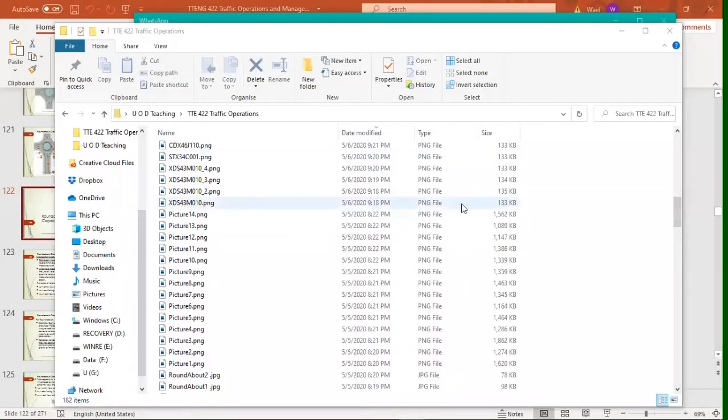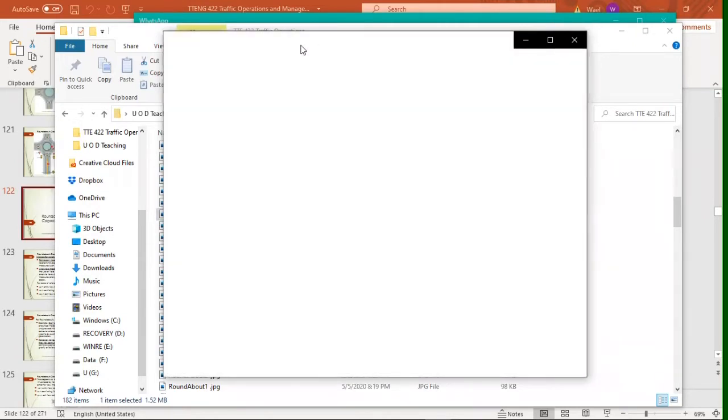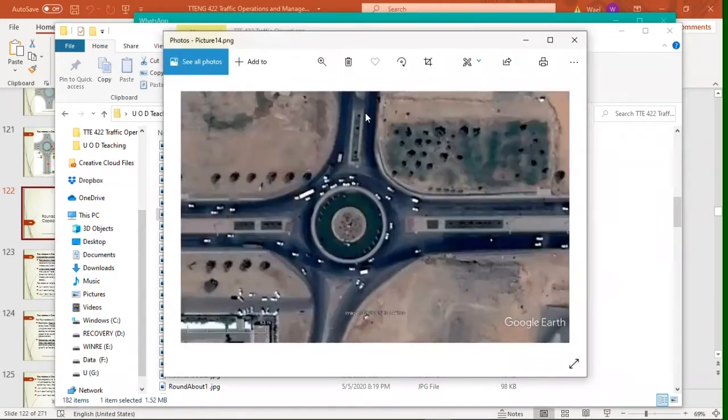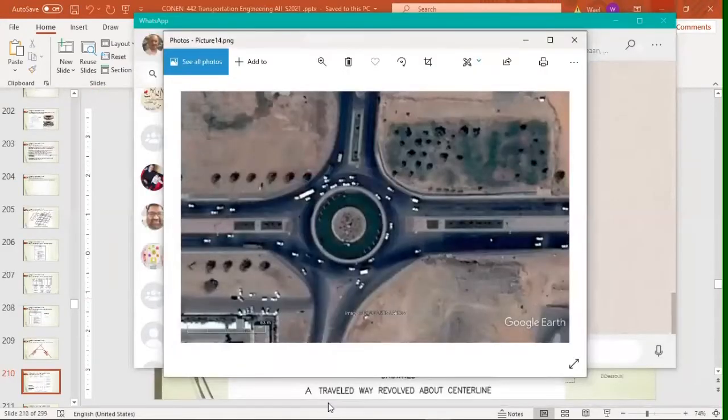Okay, now we're going to start an example on how to assess a roundabout from scratch, just based on the Google Earth image. So that's the picture that has the roundabout. That's what we saved from Google Earth. So that's basically our roundabout. Okay, so what we're going to do, we're going to just take it and grab it and import it into